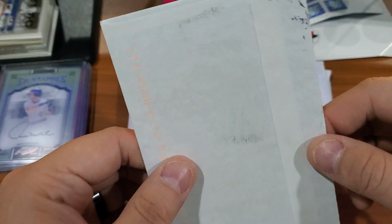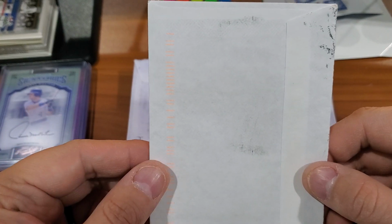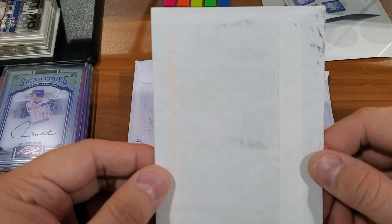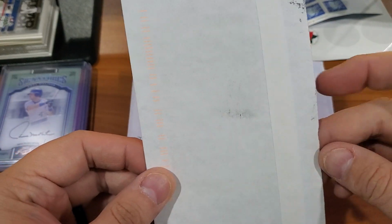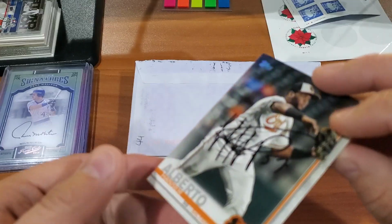Next up was a pretty quick return. I remember what this card is. So this was like less than 10 days. I sent a bunch of stuff out to spring training before the current worldwide pandemic happened. So I only got one return from spring training, and it was this one. So if you're new to the channel, I'm an Orioles fan. So I sent a bunch of stuff out to spring training, and I got back